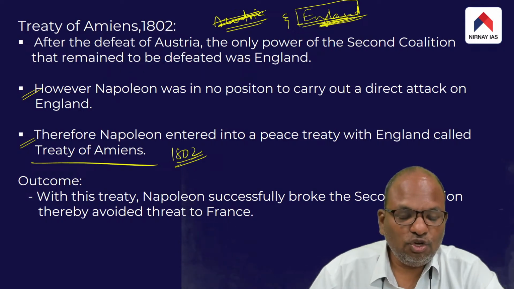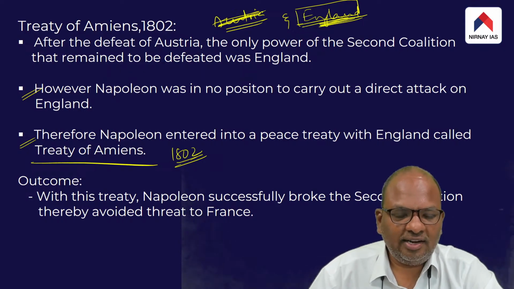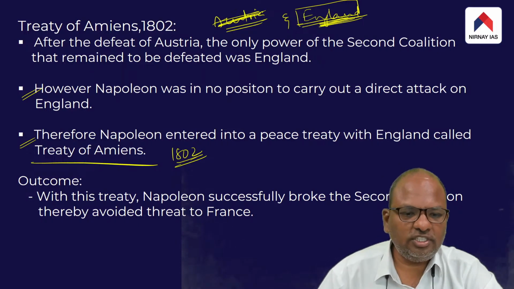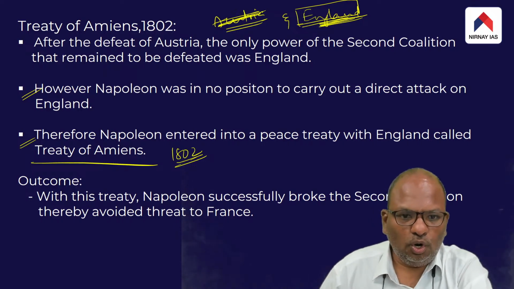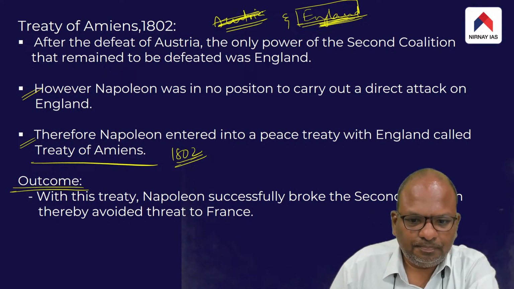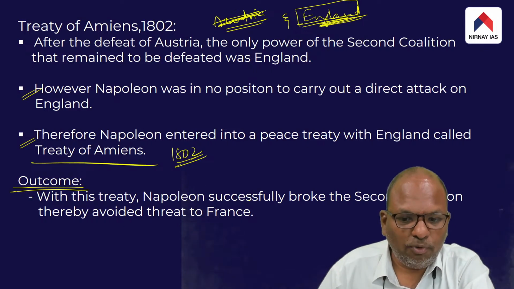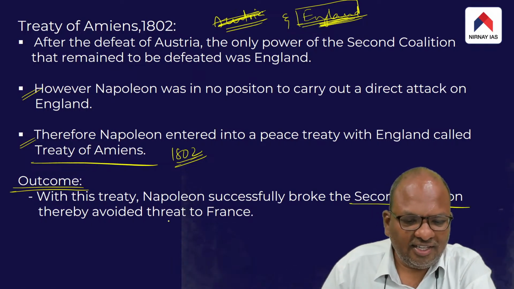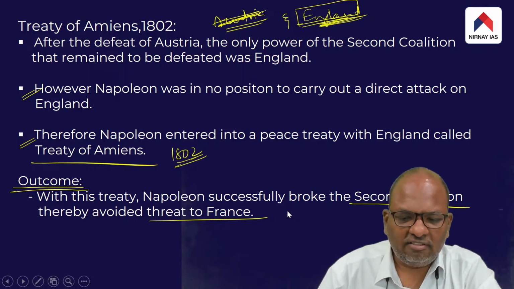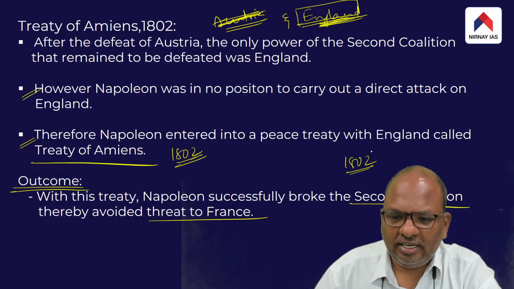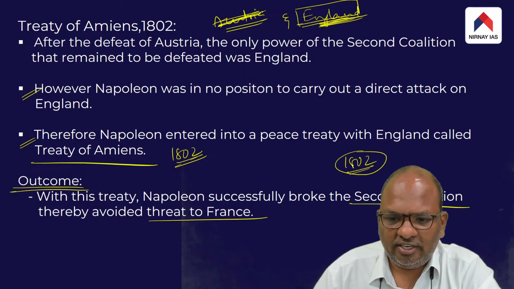He did it because he knew very well that carrying out a direct attack on England was not possible. Having realized that fact, he entered into this peace treaty with England. So with the Treaty of Amiens, Napoleon successfully broke the second coalition and thereby averted an external threat to France. This is what happened. By 1802 AD, the entire threat to France from other countries of Europe